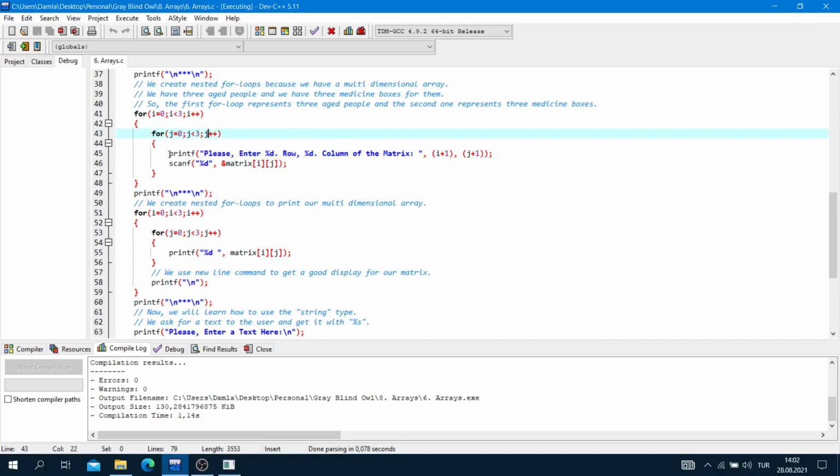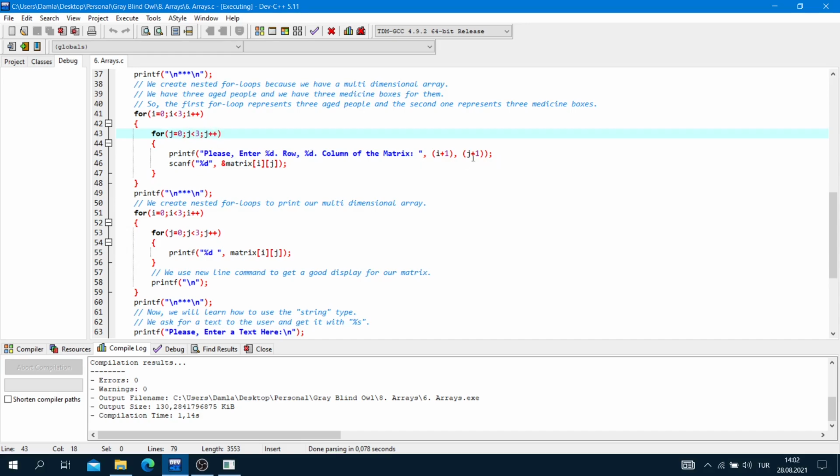Okay, printf, please enter the %d row and the %d column of the matrix. So our row here is i + 1, and our column is j + 1. Now i = 0. Again, a new for loop here: j = 0; j < 3; j++.